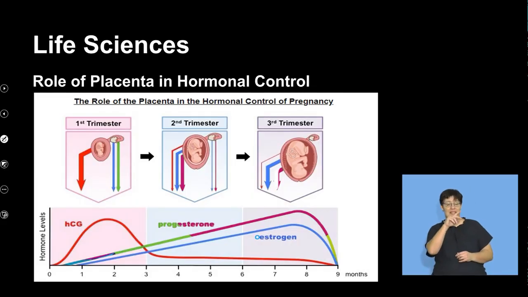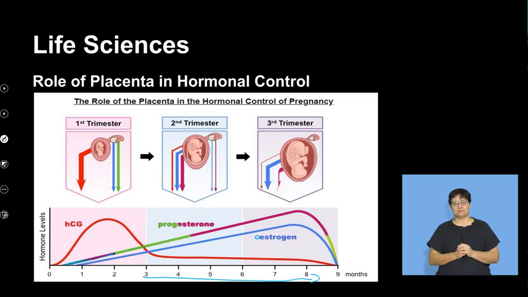So let's look at the role of the placenta in hormonal control. This image shows you the levels of hormones over the 9 months of development. We're seeing the 9 months of development that happens within the uterus. We're also seeing this divided into 3 phases of development: the first trimester, the second trimester, and the third trimester. So essentially 12 weeks of development, and we look at the structure of development and link